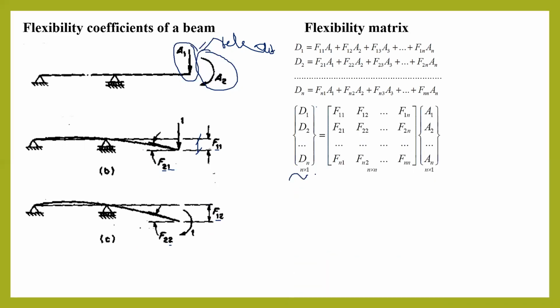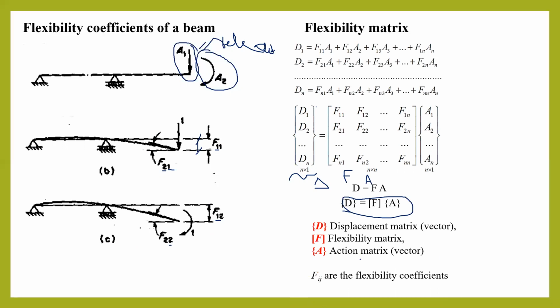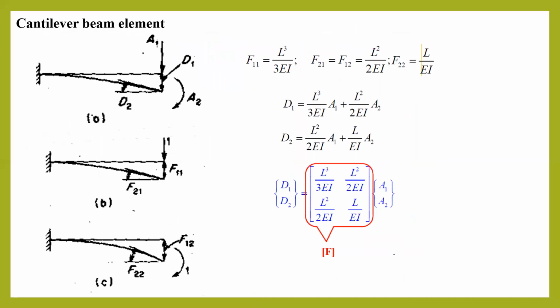So deflections due to applied load is equal to flexibility times action, that is the force. That is how we need to represent it. This is a very important equation. Fine, you can see it here. The action matrix, or action vector, is also called the force vector. Okay, next. Let us choose a cantilever element. Now how do we calculate the flexibility matrix when we choose the released components?